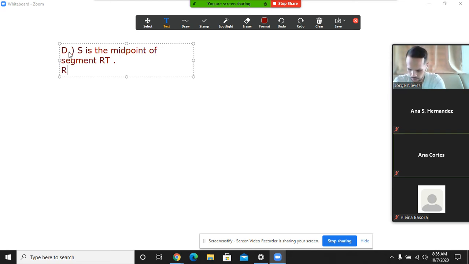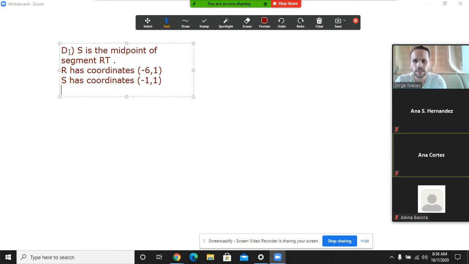R has coordinates. Vamos a ver el mismo problema básicamente. R has coordinates that are -6 and 1. ¿Sí? Y tengo el midpoint que sería S. S has coordinates. This is basically the same kind of problem. S, que el midpoint, tiene coordenadas of -1 and 1. Okay, so those are the coordinates I have. Okay, y la pregunta es la siguiente: find